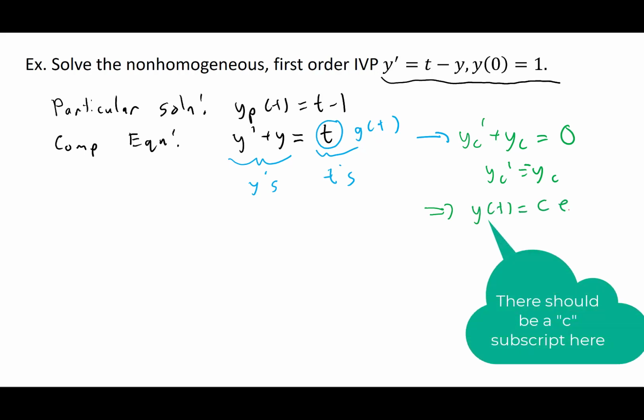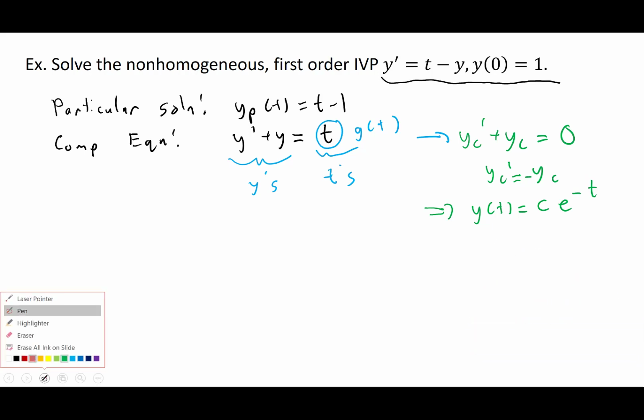Via separation of variables, we obtain the general solution y_c of t equals c e to the negative t. And just to make this a little less cumbersome to look at, let me erase that mess and write it in a more proper fashion. Now, once you have these two solutions, the complementary solution and the particular solution to the equation, we add them to get a general solution